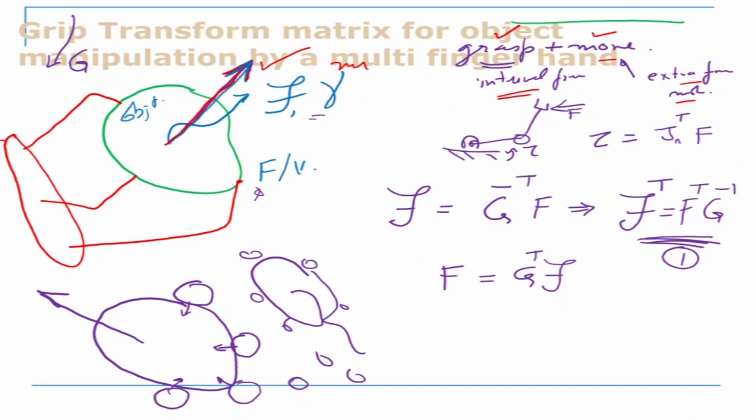Okay, now let us say that the forces that are being applied on this object by 3 fingers, these are 3 fingers, let's say, these red ones are fingers and they're making contact here, here and here. Now at the fingertip contact, it is applying force F and velocity is V. Okay, forces are contained in F and the velocities are V. And in the center of the object, the resultant of all these forces is F and the velocity is gamma.